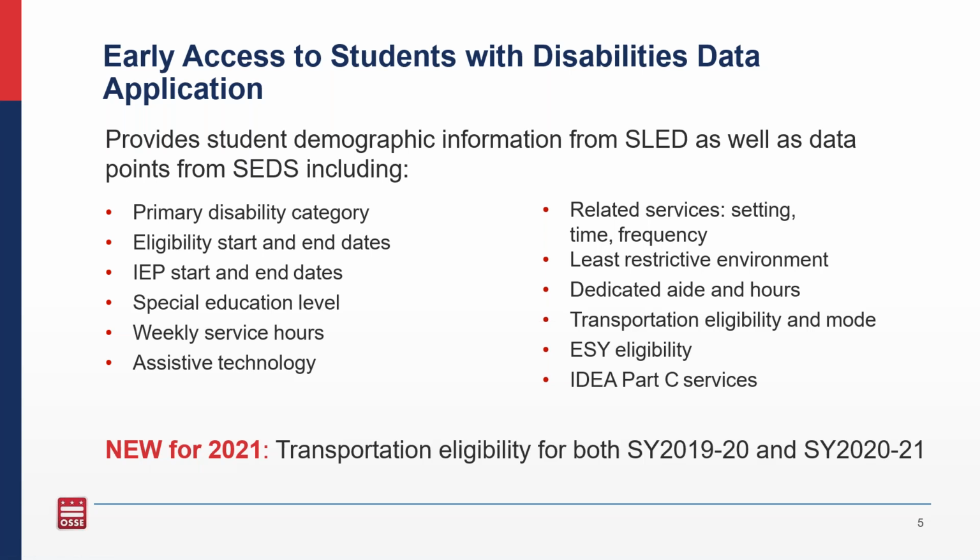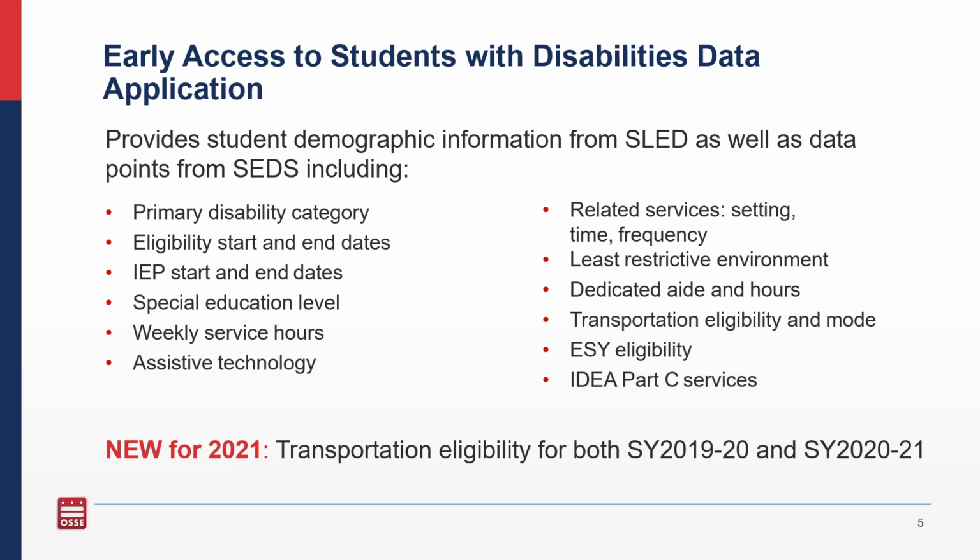So the types of information that you can see within the CLIC application include, at a student level, the student's name and demographic information, and then additional SEDS information such as the primary disability category, their eligibility start and end dates, IEP start and end dates, their special education level, service hours information, including the setting, time, and frequency of related services, the student's educational environment and least restrictive environment information, whether the student has a